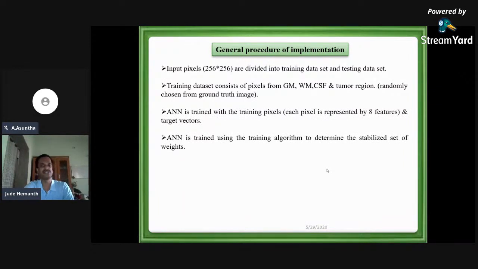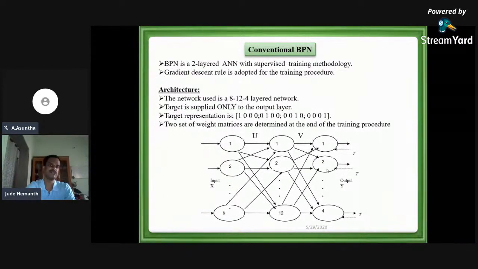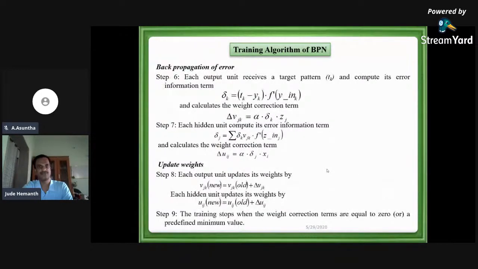So the ANN is trained with the training pixels. In the same way, you need to convert those pixels into features. I told you the procedure for feature extraction using the 3x3 window method. Finally, the network is tested with the testing data. So this is what we saw in the previous session. I hope you remember, you have a good idea. 8 features, 4 output classes, and the number of neurons in the hidden layer, nobody knows, but I have kept it as 12. This algorithm we saw in the last session. So based on this algorithm, I am going to do the modification. That's why I'm showing you the same slide.